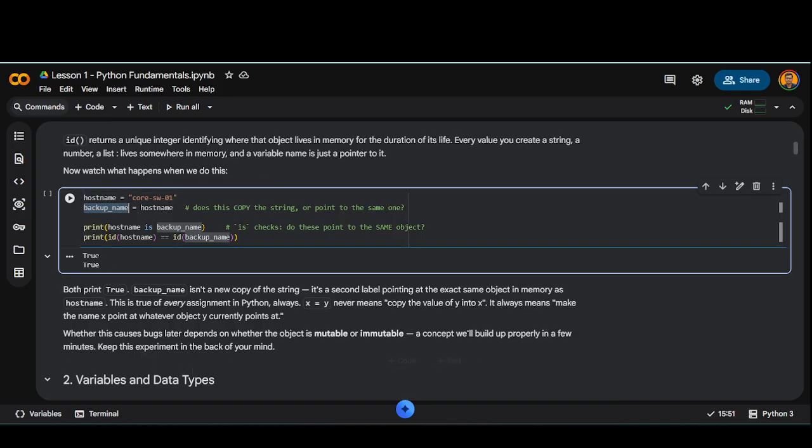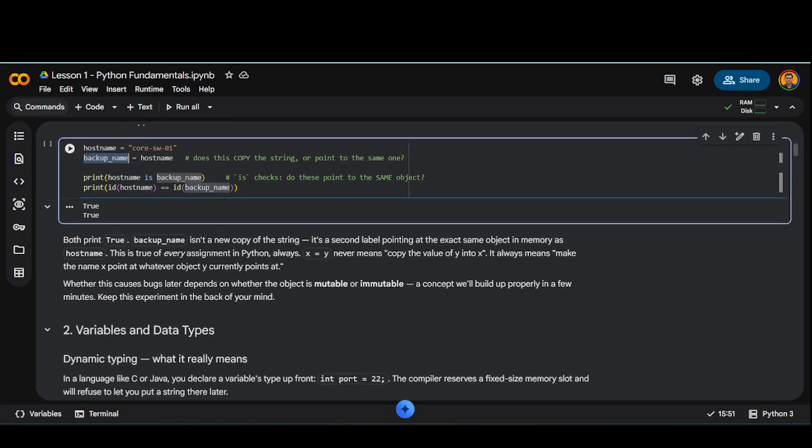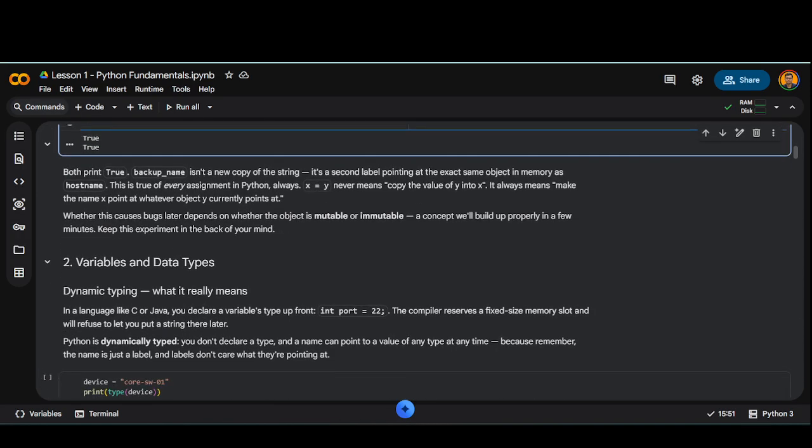So this is very important to understand from the perspective of whether the object is mutable or immutable. I will talk about it a little bit in this session only, but a little bit later, right? But keep this in mind for now. I will talk about what mutable and immutable are. Okay, now